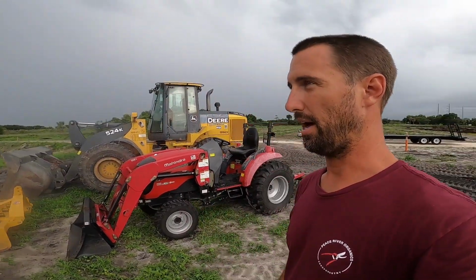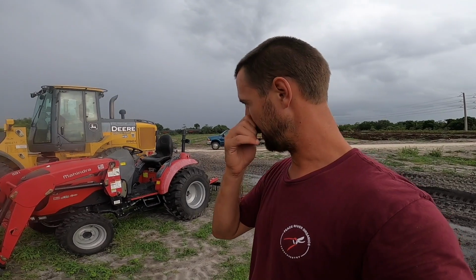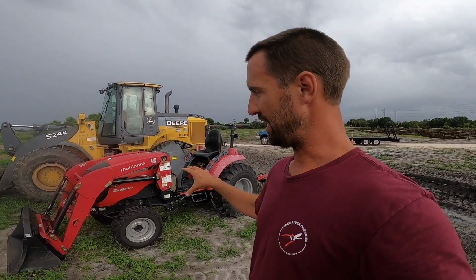Some of the shuttle shifts are a little bit more finicky on how they operate, and I honestly don't use them hardly ever, so I don't even really know what to tell you to look for in that regard. But I would go for the hydrostat personally. I would go for something this size,